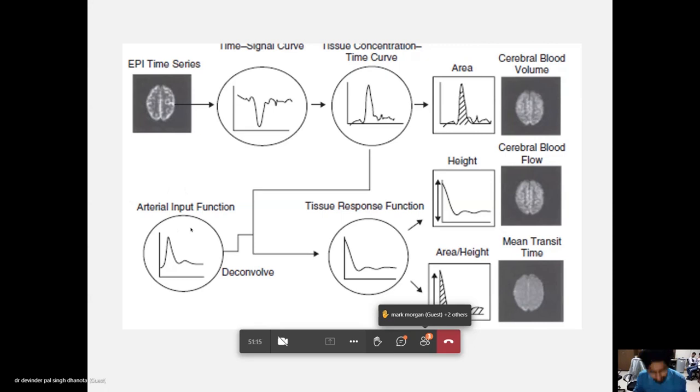But recently vendors are behind AIF like anything. They're trying to make the software so that this AIF variability can be taken care of. But still now, AIF is really difficult to reproduce in any examination. So we should keep this aspect in mind.